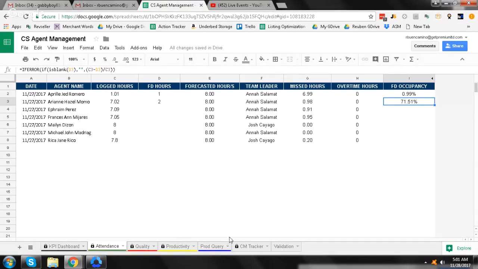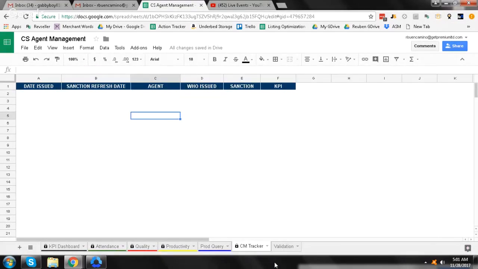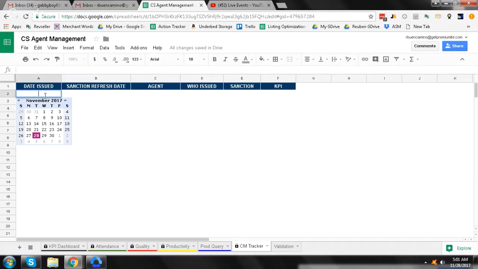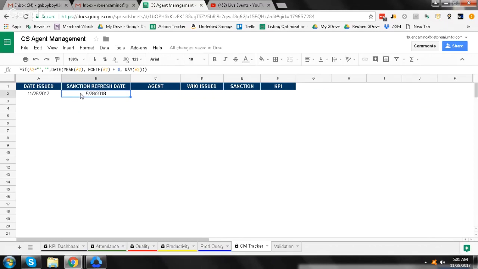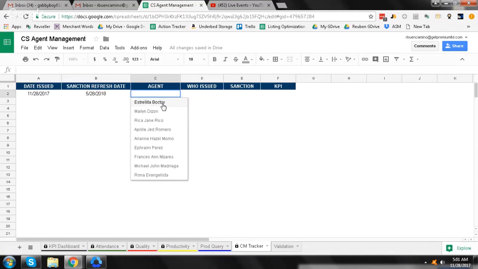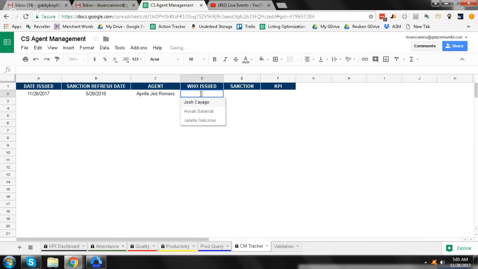The other thing that you'll be seeing here is we actually added a consequence management tracker. Part of the initiatives being launched is that agents would now be issued sanctions for those that are not compliant with certain KPIs. It's just a basic data entry tracker where you put the date that you issued the sanction. It's going to automatically compute 6 months after. Put the agent name, let's say this girl, then who issued, say Josh, then the type of sanction, and then for what KPI. That's it. It's just going to track it for you